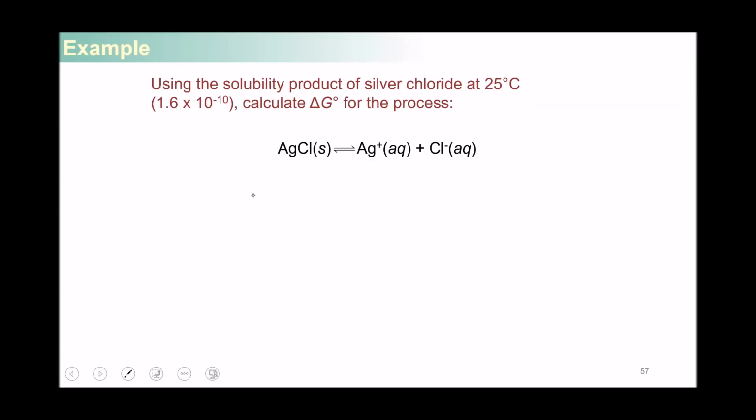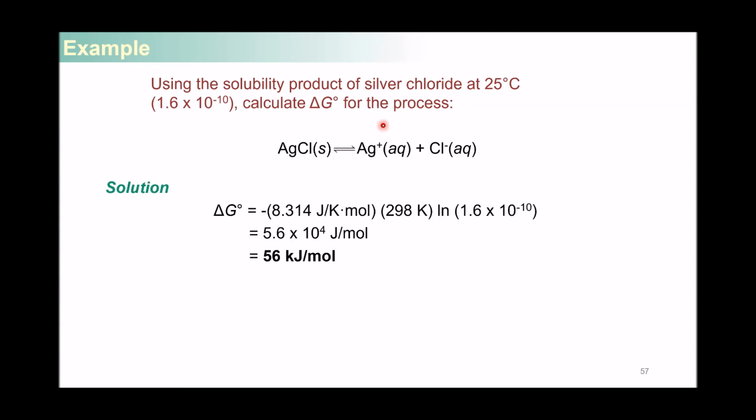For this reaction right here, if you know the equilibrium constant for the reaction, or the solubility product of the salt, you can actually calculate delta G for the process of dissolution of this salt in water. So you'll use the same equation, delta G equals negative RT ln K, and you substitute for the numbers. That's the value for the gas constant, that's the temperature in Kelvin, and that is the solubility product constant for